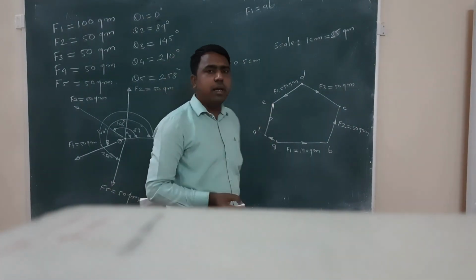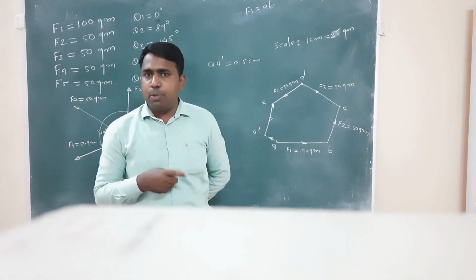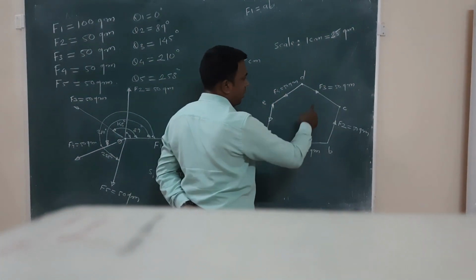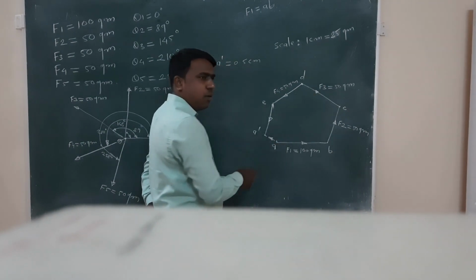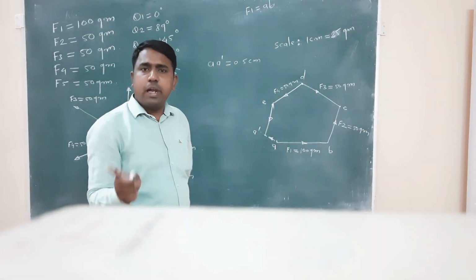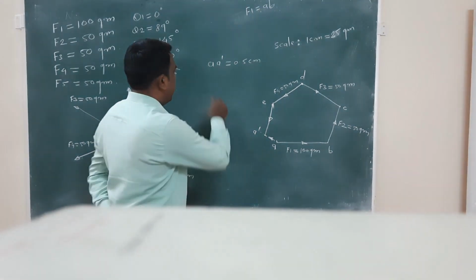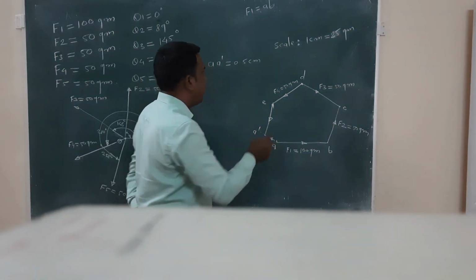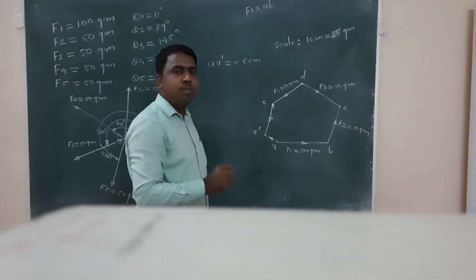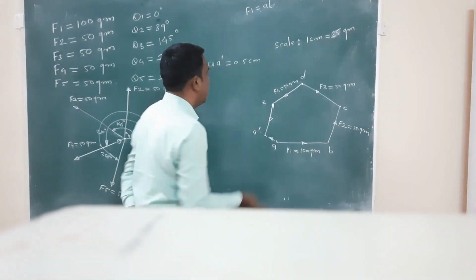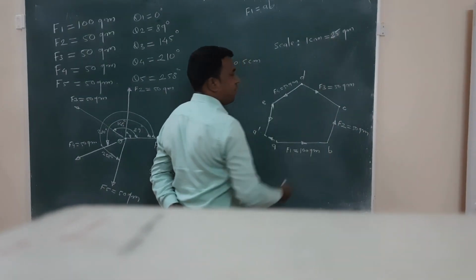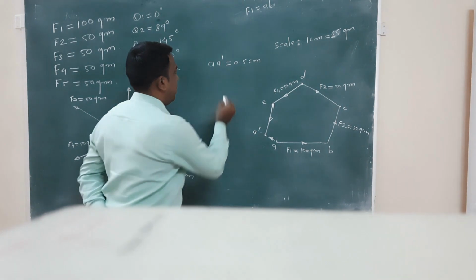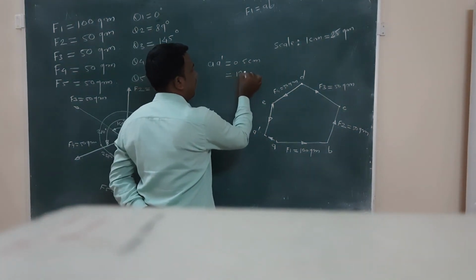तो लॉ ऑफ पॉलीगॉन क्या कहता है, जो भी रिजल्टेंट है वो ऑपोजिट ऑर्डर में एक्टिंग होता है. सब फोर्सेस की डायरेक्शन क्लॉकवाइज है, लेकिन अपना जो भी रिजल्टेंट है उसकी डायरेक्शन ऑपोजिट ऑर्डर में रहेगी। सो A to A dash की लेंथ अपन ने मेजर की, और A to A dash की लेंथ सपोज 0.5 सेंटीमीटर है, तो 0.5 सेंटीमीटर को ग्राम में कन्वर्ट करेंगे। सो 1 सेंटीमीटर इज गिवन एज 25 ग्राम, सो 0.5 सेंटीमीटर इज इक्वल टू 12.5 ग्राम।